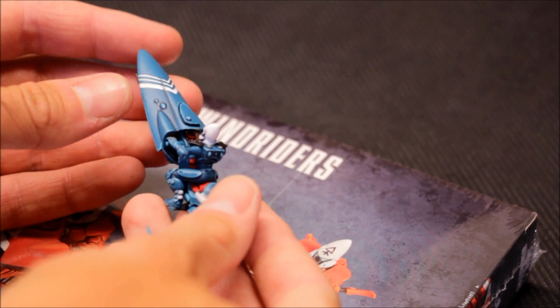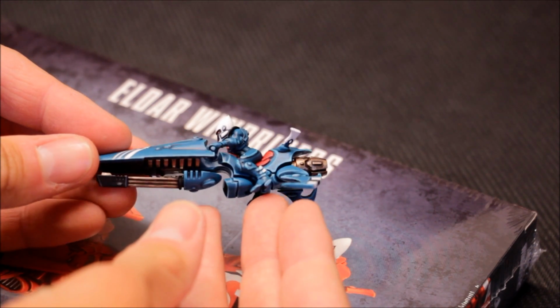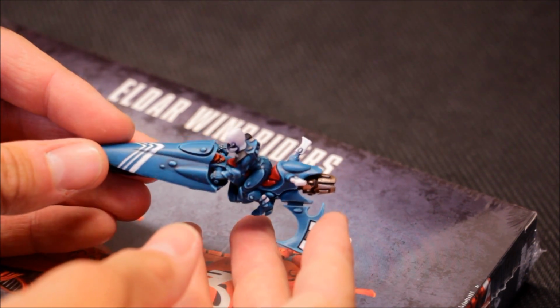There, I've done them in that classic turquoise scheme to match in with the rest of the army. There you got the scatter laser configuration. And then I've just done a squad marking here along the front. I think jet bikes are going to be a real...